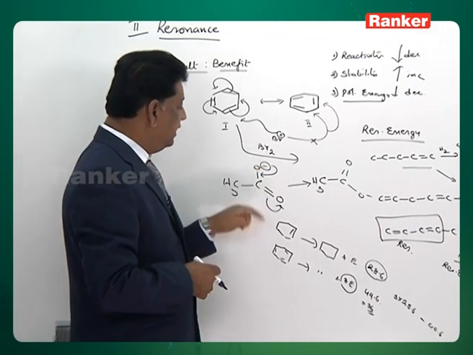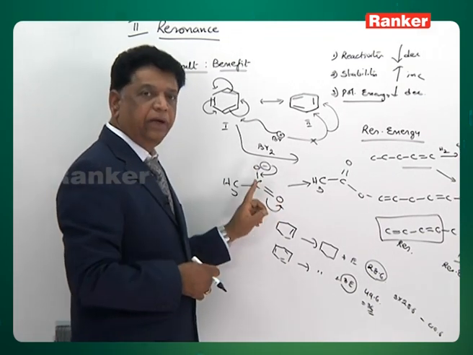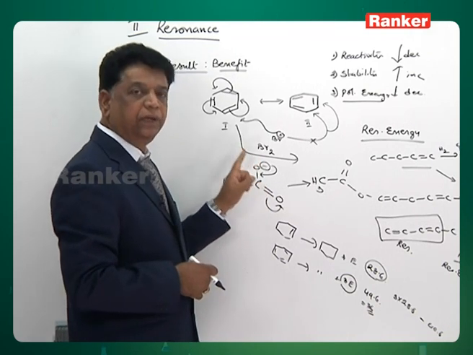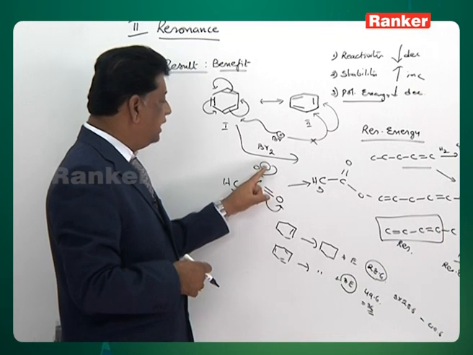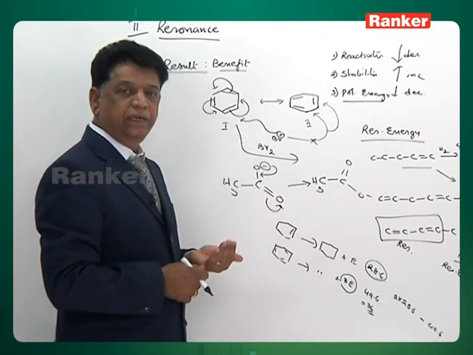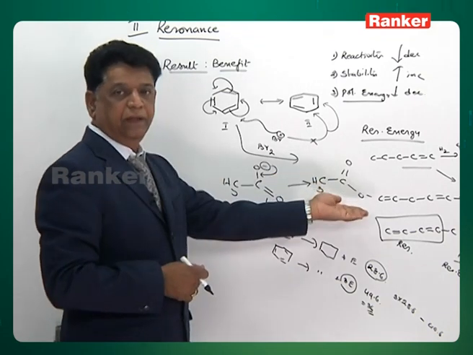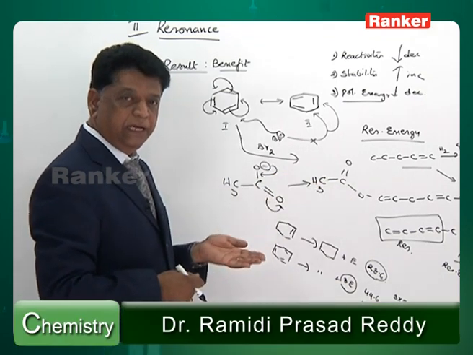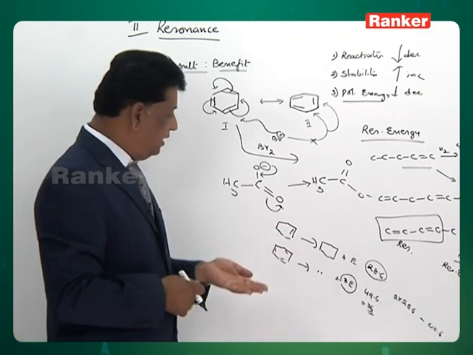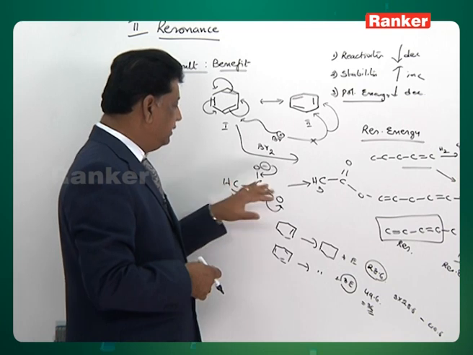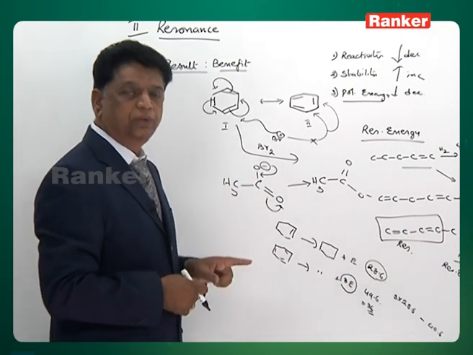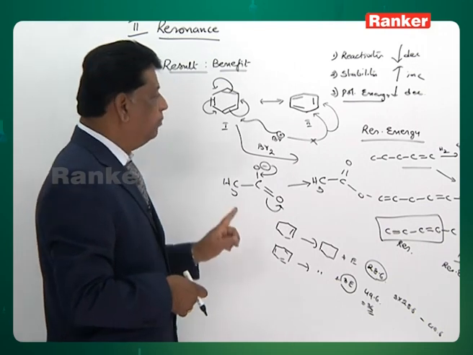You can say this not only with reference to double bond addition, but also with reference to negative or positive charge. Whenever the negative charge is shuffling, the problem is shared by the other points, therefore stability comes. With the double bond moving its position, the reactivity, that is addition reaction, decreases. Or where there is no double bond, the charge is delocalizing, therefore we are able to explain stabilization also.